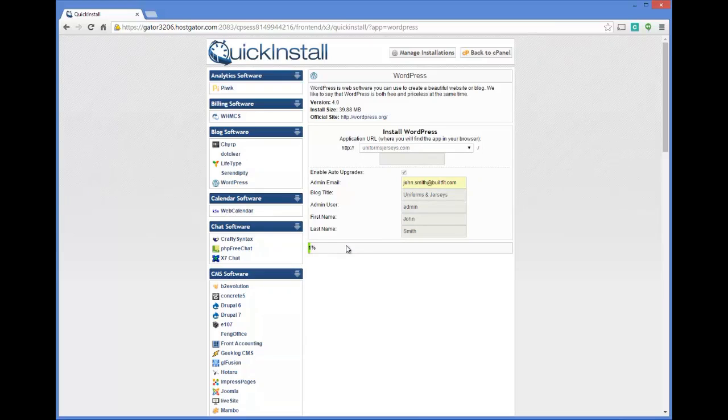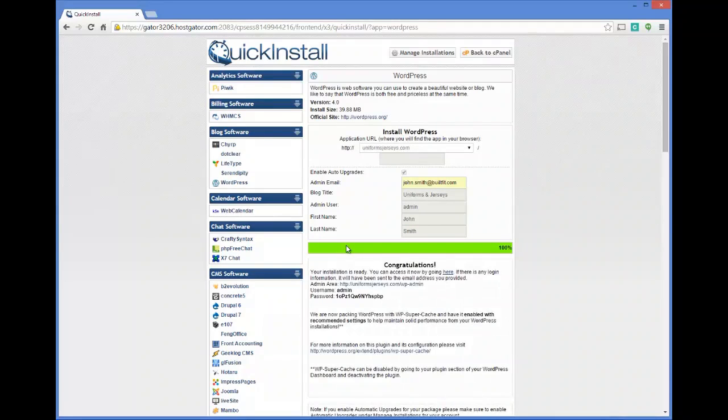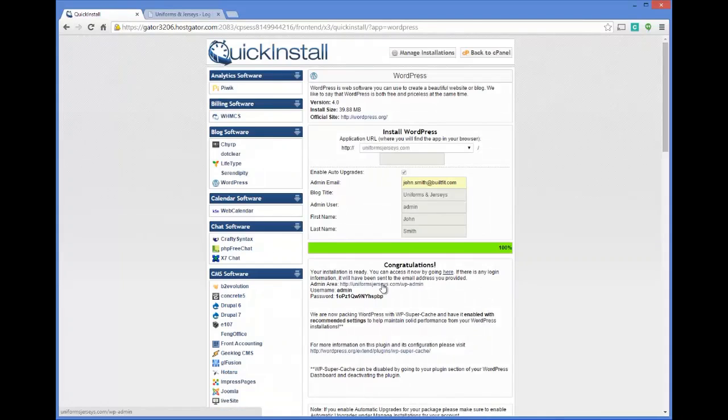So what's going to happen here is while we're installing, notice it's telling me we're at 1% done, and then it quickly gets going. And the reason I call this a quick install is because it truly is a quick installation. So what I'm going to do next is just copy this password that they provide me, and then I'm going to go over here to open it up by just simply clicking down here, uniformsjerseys.com, so your domain